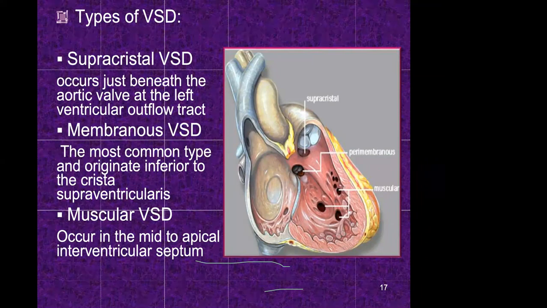And being clinicians, we are interested in the signs and symptoms. They tend to change with the size of the defect. The clinical symptoms are usually not seen at birth. However, because of the continued high pulmonary vascular resistance in the newborn, infants with moderate to large defects will become symptomatic within the first few weeks itself. There will be shortness of breath, poor growth, failure to gain weight, pounding heart,